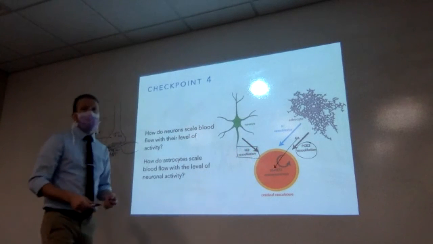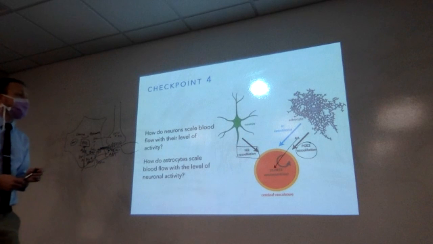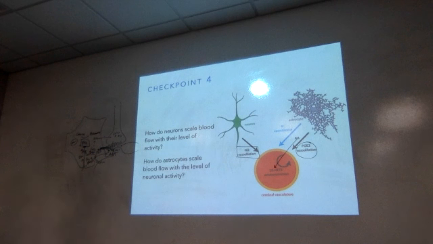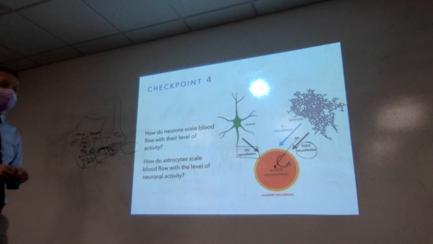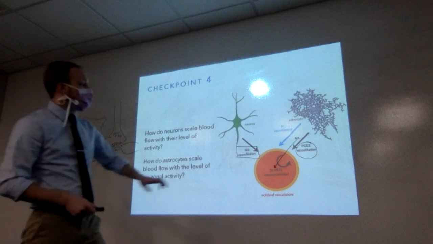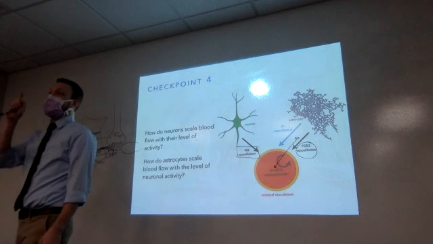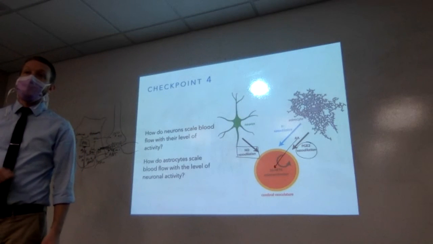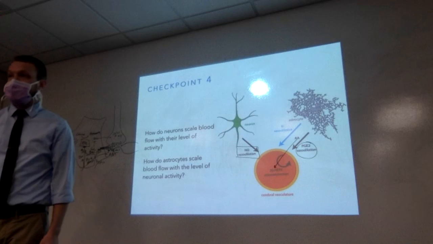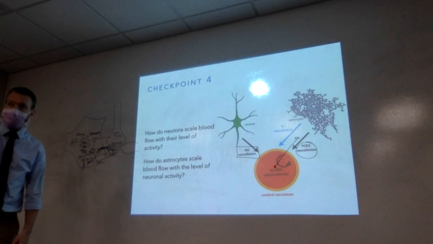Nitric oxide has its own brake because it just spontaneously degrades. So you're not going to get prolonged vasodilation. Same thing is true for astrocytes. The arachidonic acid is going to create gas and it's going to create brake. The whole purpose of this is to scale how much blood we put into an area based on how active the neurons are, because that's an area that's going to need more ATP. If you're more active, you need more ATP. Thus, you need more blood, you need more oxygen and glucose. Just that simple.